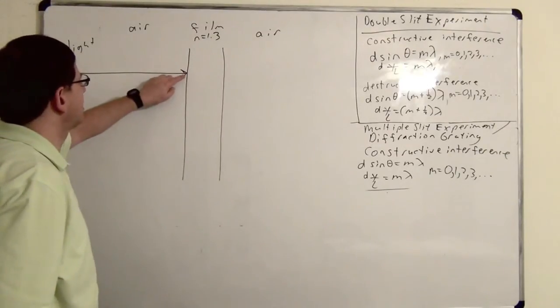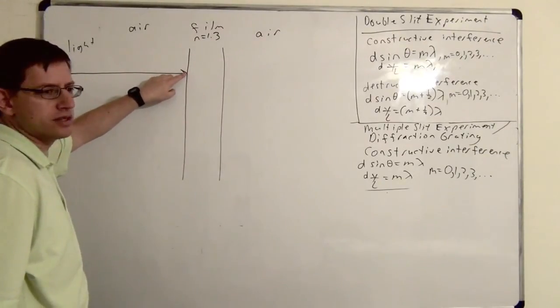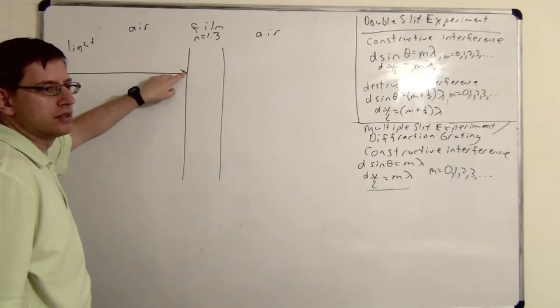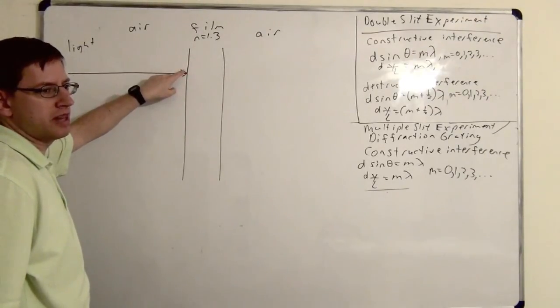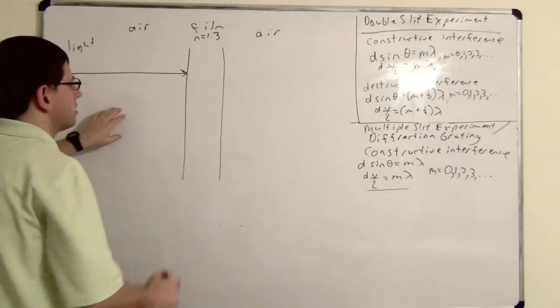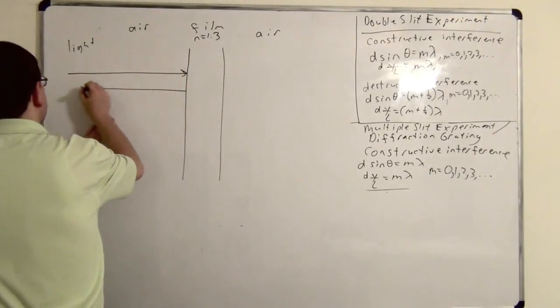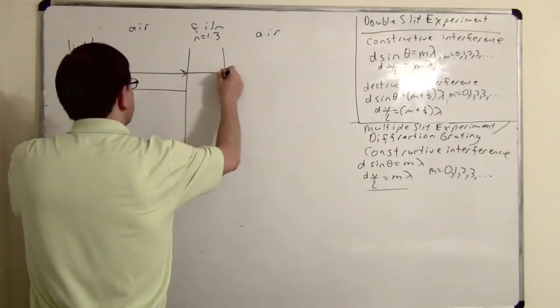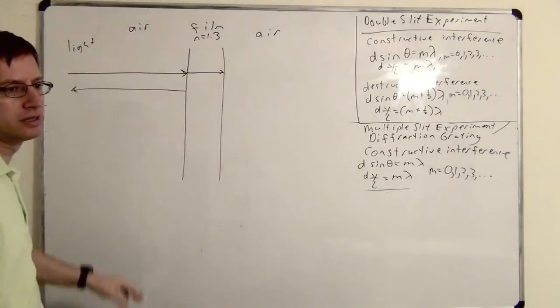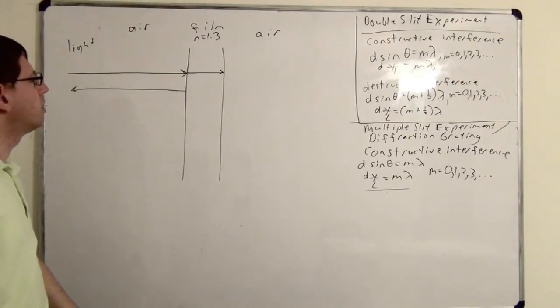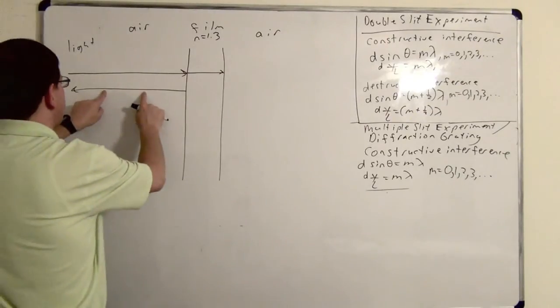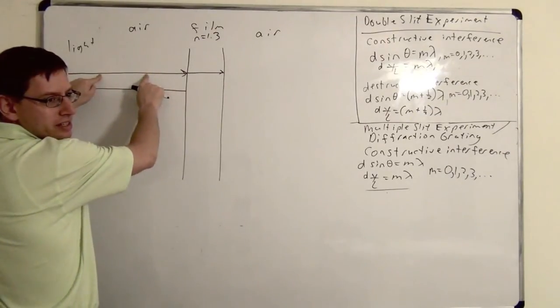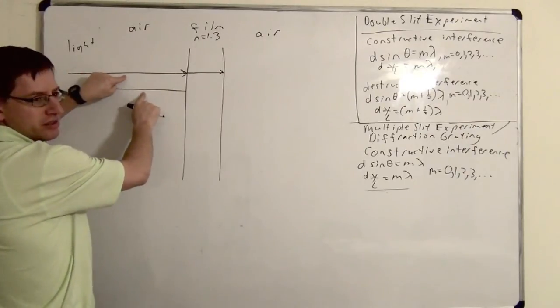What is going to happen to the light when it hits this surface of the film? Well, we know that whenever you hit a surface, some light is reflected and some is transmitted. So some of this light will be reflected back in this direction, and some will be transmitted and keep going through. Now notice, if I was going to draw this realistically, this light ray should really be right here. But I'm going to pretend it's down here just so they don't get on top of each other.